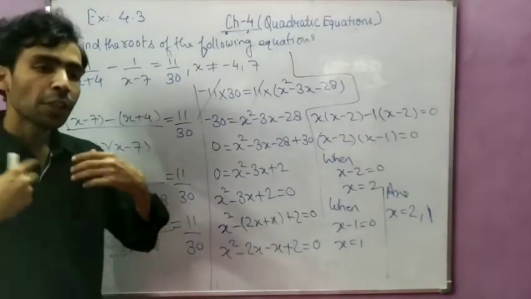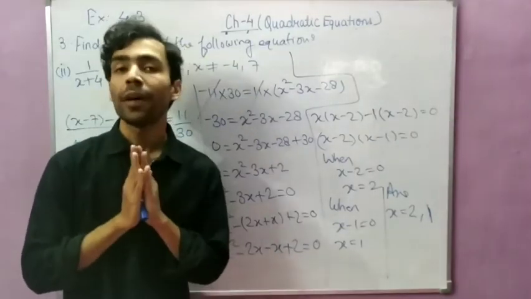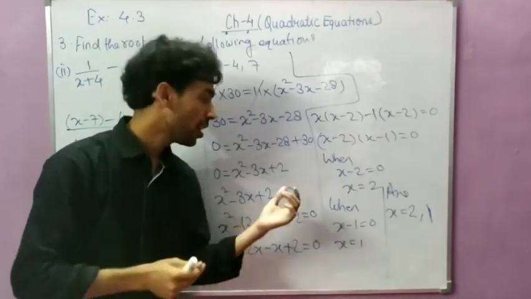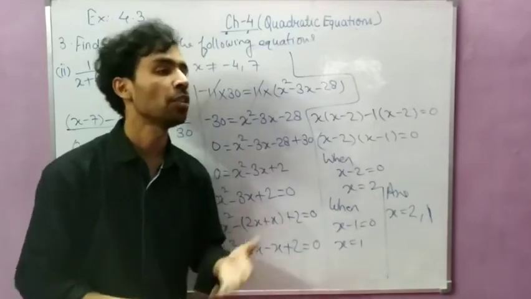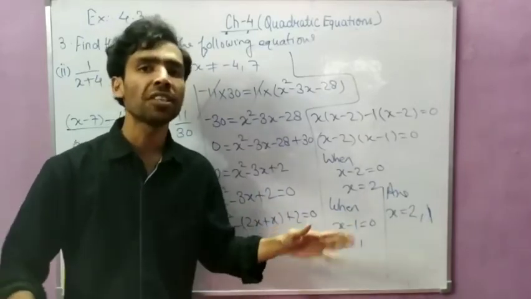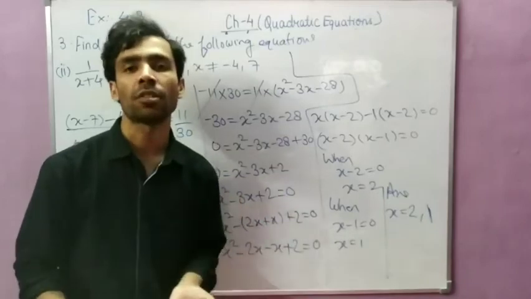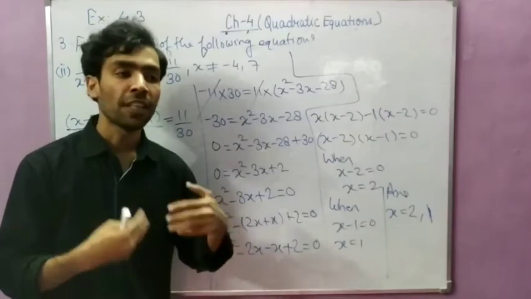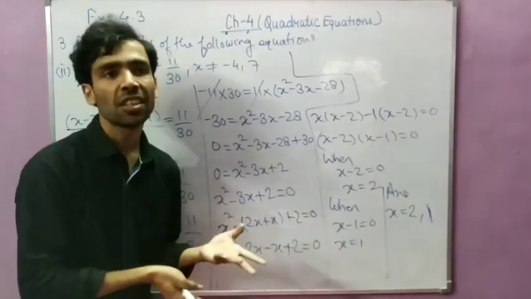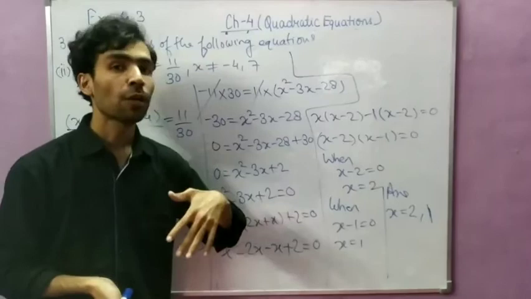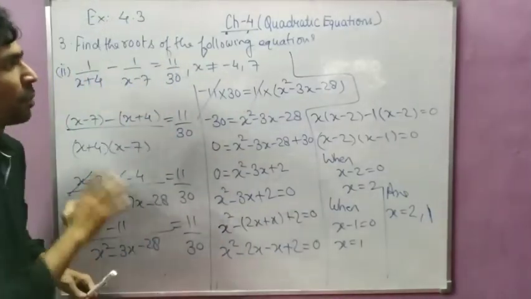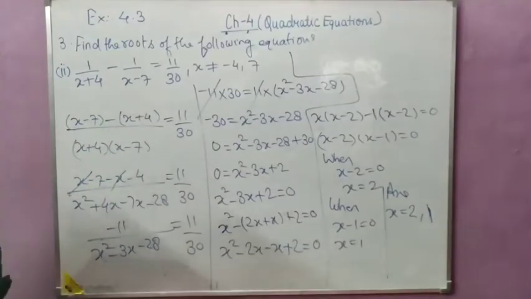Okay, whenever you form a quadratic equation, you are free to apply any formula. If in the quadratic equation factorization is possible, then you can factorize it. If you don't know factorization, then use the quadratic formula. It's your wish. Generally we use according to the situation. If it is easy by factorization, then we use factorization. If it is easy by the quadratic formula, then we use the quadratic formula. Okay. So it's your wish. Remaining things are same. So student, only one topic is left in this chapter.